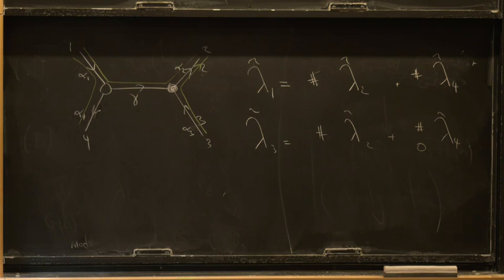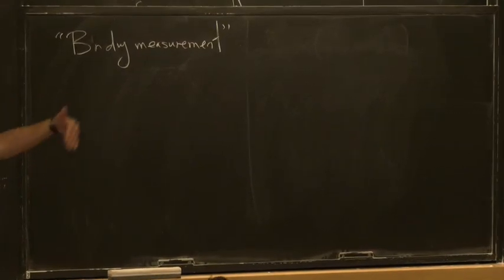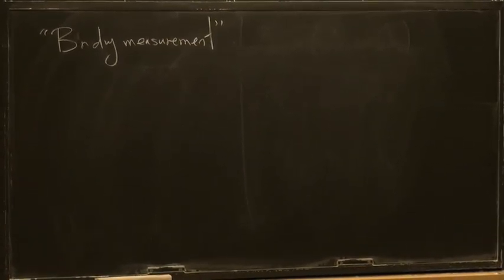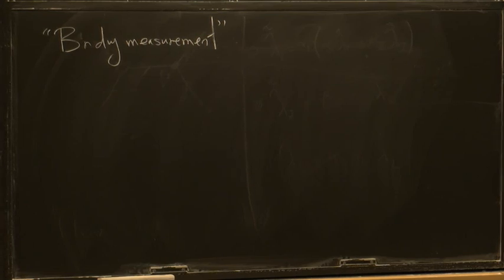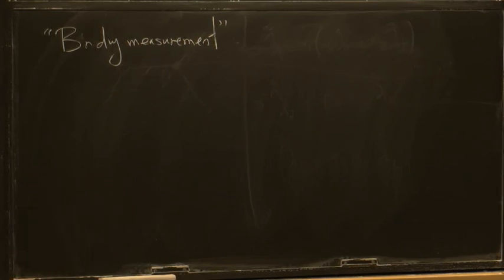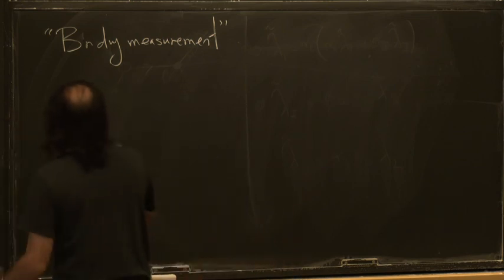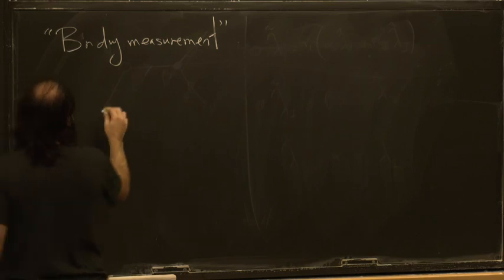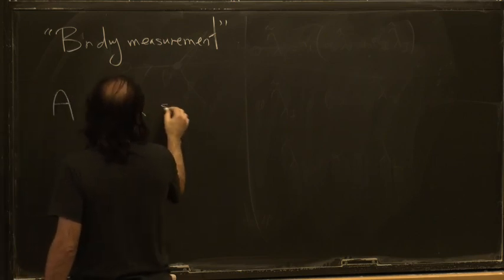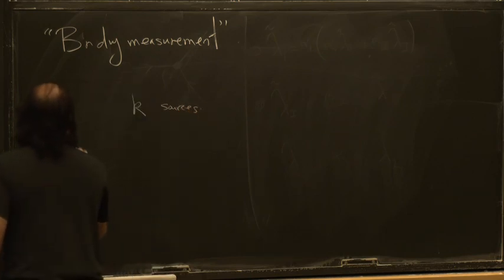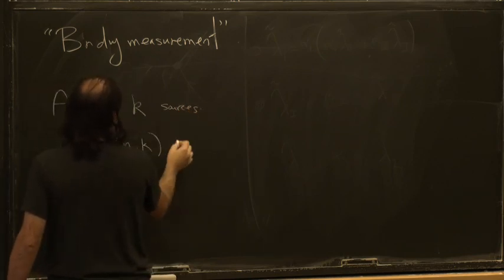So this is what's called the boundary measurement. I think the word is meant to signify that you have a picture, you're trying to build this matrix on the outside, so you're sending in some sources and some sinks, and this is just giving you a relationship between the external data that comes from all this inside of the graph. And so if the A's are my k sources, and my I's are the n minus k sinks,